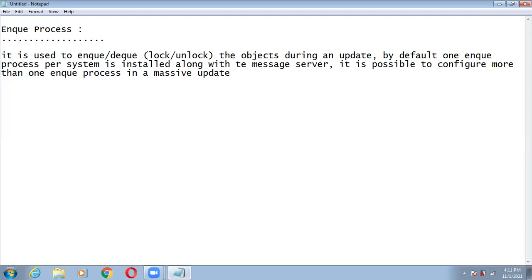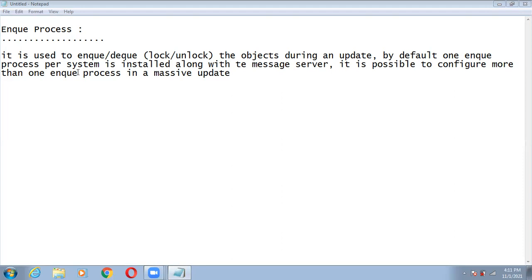But before updating it, this NQ will lock that particular object so that no other user can modify it. It has only display access. Okay. So in a system, by default, you will have only one NQ process per system.